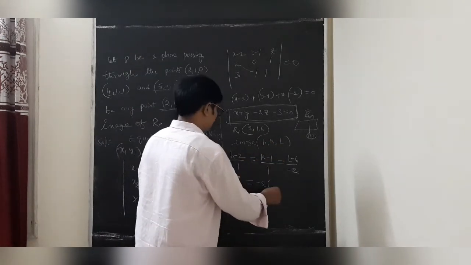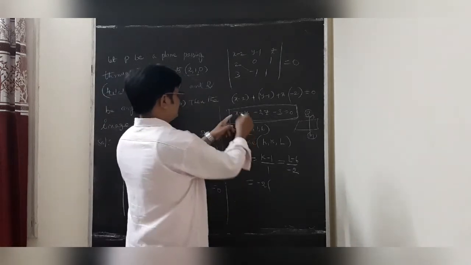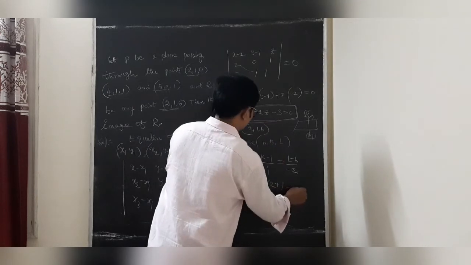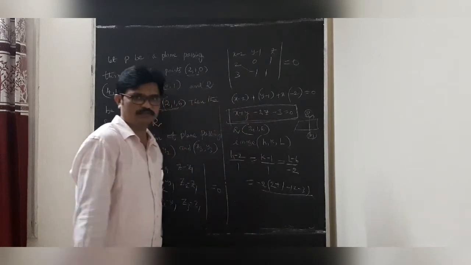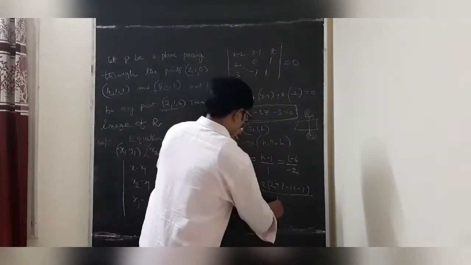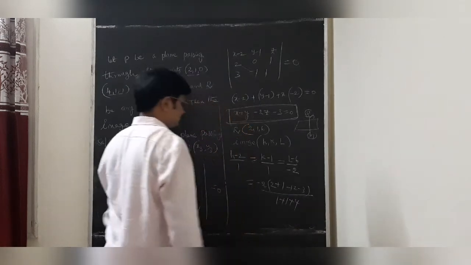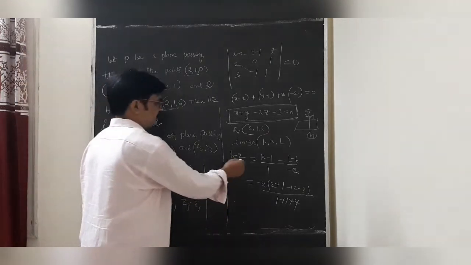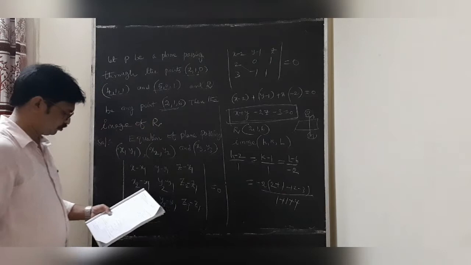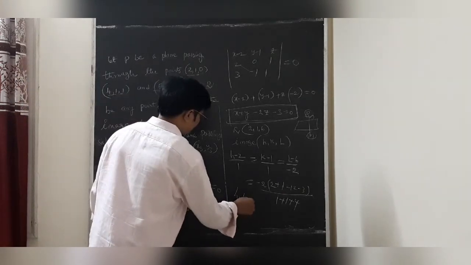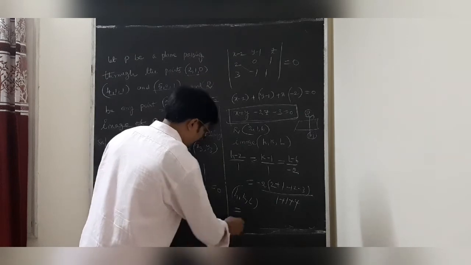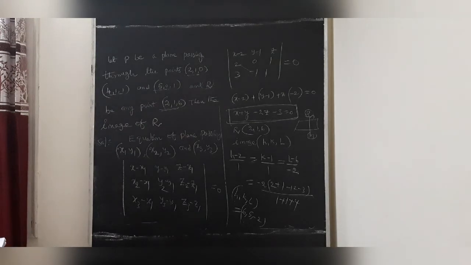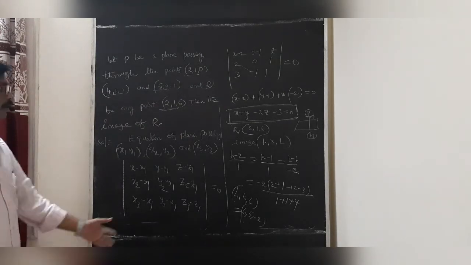We know that minus 2 into A x1, that is 2, y is 1 and minus 12 minus 3, upon A square plus B square plus C square, which is 1 plus 1 plus 4. So the image, just find the h, k and l values. Dear students, we got h, k, l. After simplification, h, k, l is (6, 5, minus 2). Write down students.